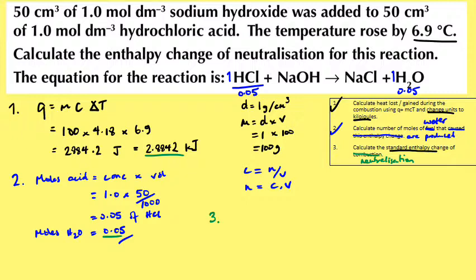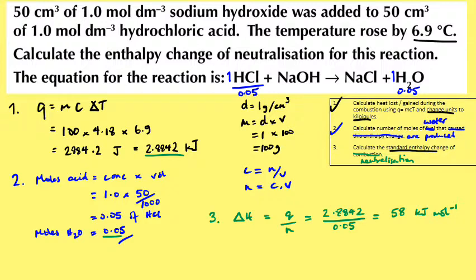And we do that using Q over N, where Q was 2.884 and N was 0.05, and what we're going to do is just work that through. So that's already in kilojoules. We've got kilojoules. 2.88 is the number of kilojoules, so that works out at 58 kilojoules per mole,